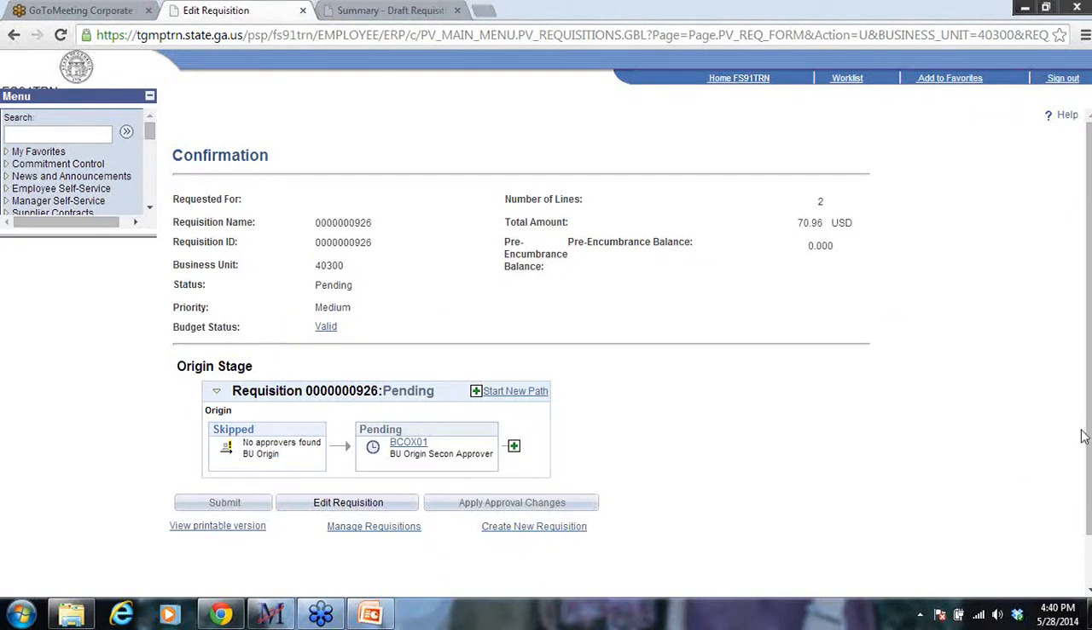I don't see any questions on PeopleSoft on the requisition side. So I'm going to go back now